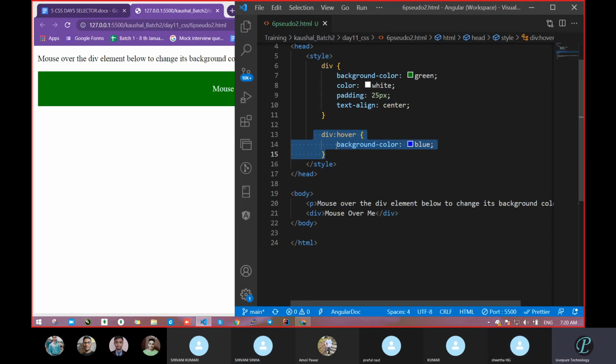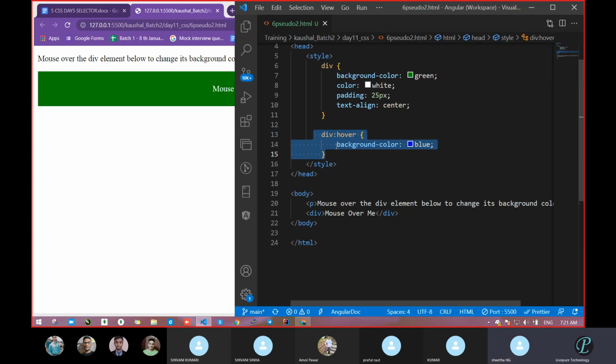Which pseudo class is here? Colon and over. What is the name of the pseudo class? Colon is the relation, making a relationship. With the help of colon, we can identify, but what is the name of the pseudo class? Over. Because previously we had seen active, link, these all.